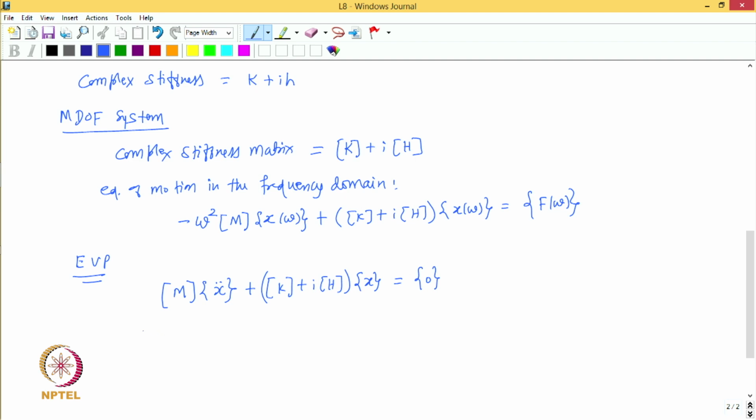So, now let the displacement vector be given by, say, x naught e to the power i omega t. Let us say this is the solution, the free vibration solution. So, if we substitute this in the differential equation, what we get is